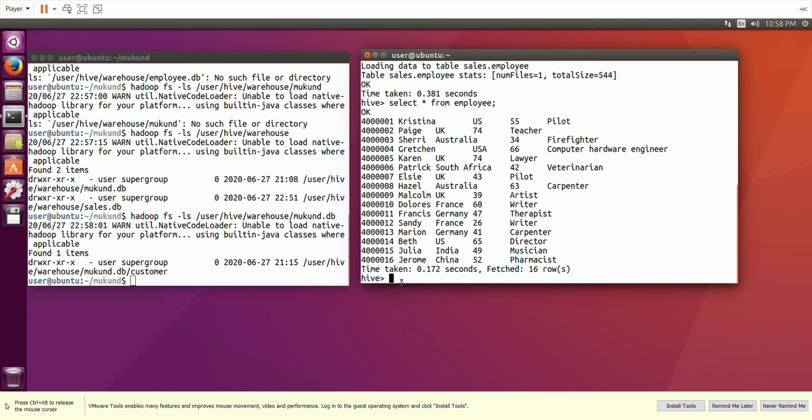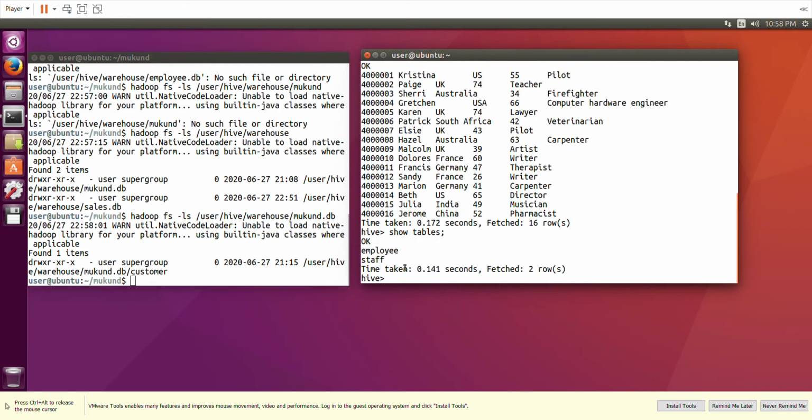If I say show tables, whether it has created, so this has been created, but where? We have to check that. We have two databases here. If it is not created here, then probably it is created inside the sales.db.